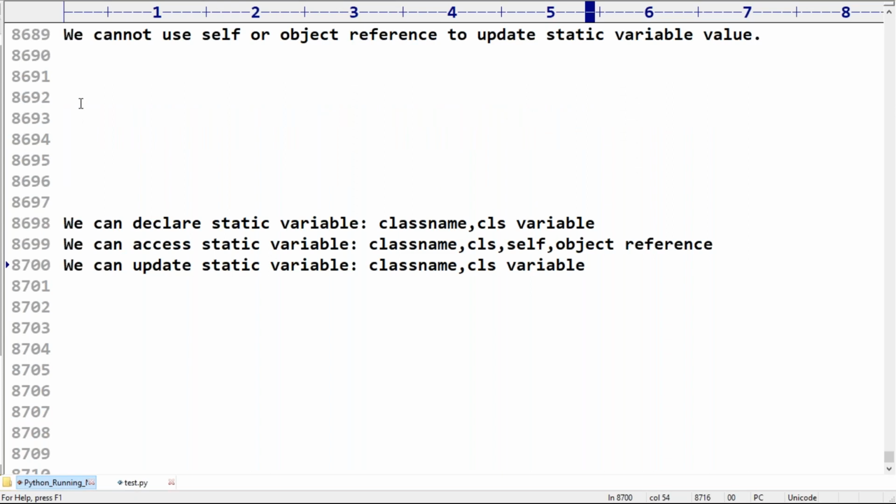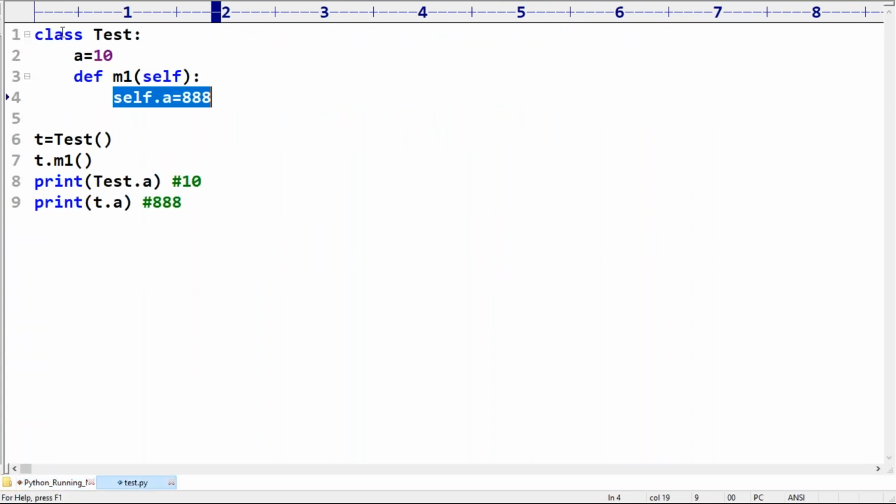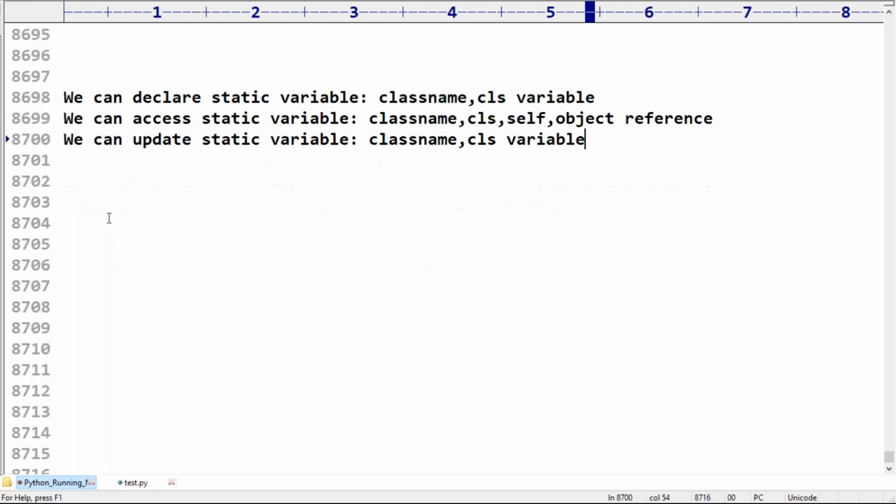If I use just a static variable, you have to declare it here, and you can access it by using the class name. That is enough, then you may not get confusion. But covering all these things is the bigger problem. But still, you should.